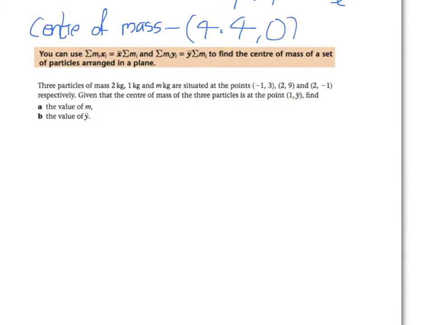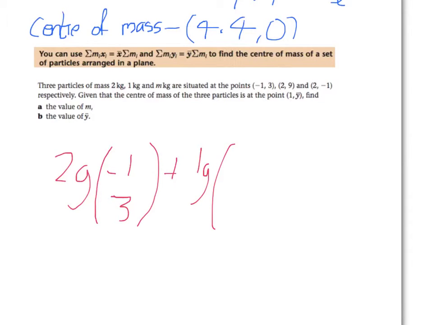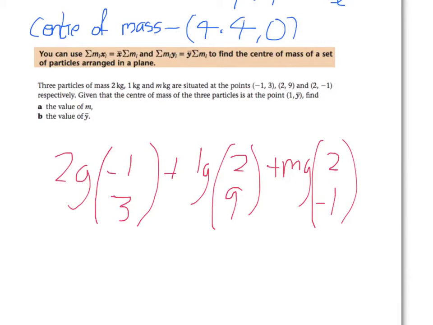So remember we're always doing our weight times our position away from the origin. Here we've got our mass, so 2g, that would be our weight, because it's the mass times the force of gravity, is at the vector (-1, 3). 1g is at the vector (2, 9). mg is at the vector (2, -1). And this is equal to